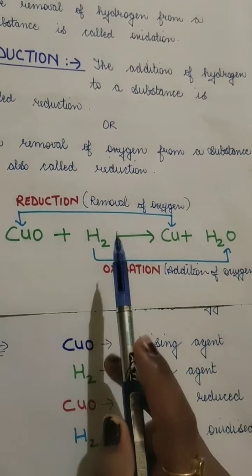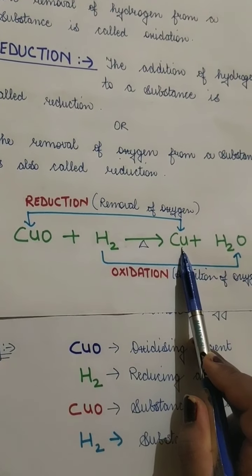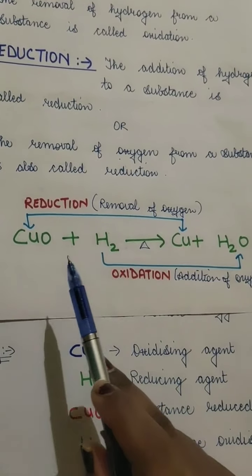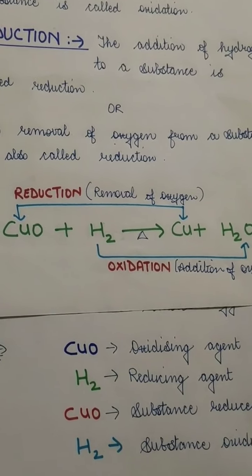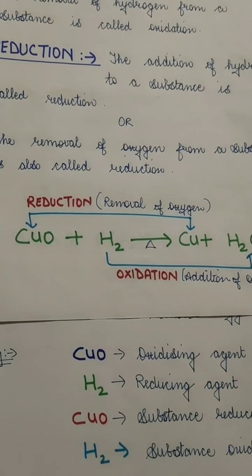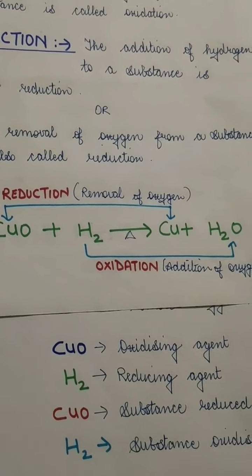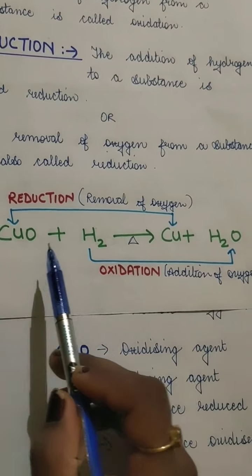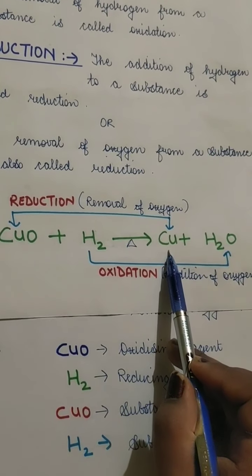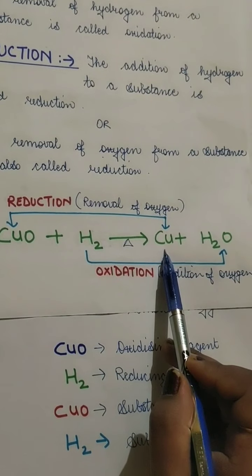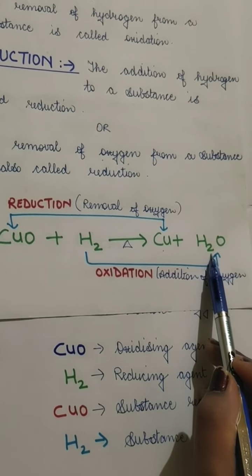When we heat copper oxide with hydrogen, copper will be converted again into brown color. Copper oxide is of black color. Basically copper powder is of red color, and when we heat it in the presence of oxygen, it forms black color copper oxide. Remember that. Now this black color copper oxide is again heated in the presence of hydrogen gas. Then again the brown color copper is formed, the black color is gone, and it comes back to its original brown color. Along with that some water is formed.